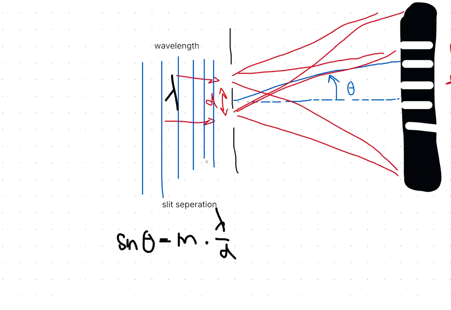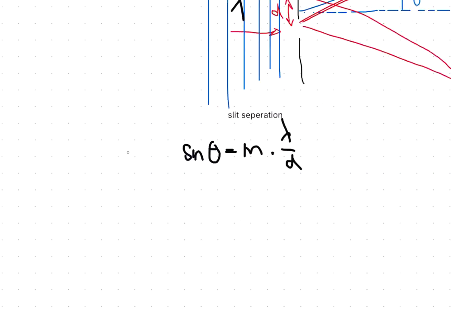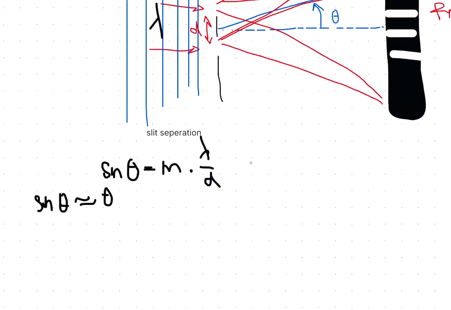When the angle is really small, we can use the small angle approximation, which is sine of theta is approximately equal to theta in radians. So we can simplify our equation to theta equals m